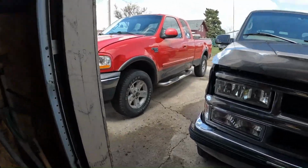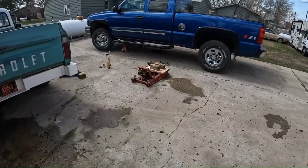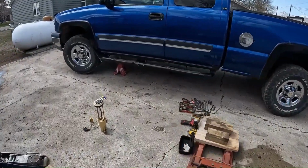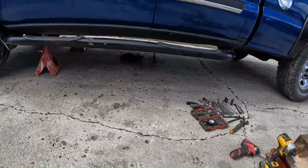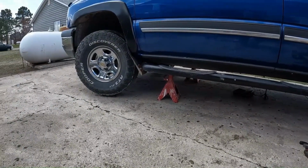Well, I'm back working on the same truck for, I don't know how many times. Anyways, the fuel pump went out, so I put a new one in. And now,